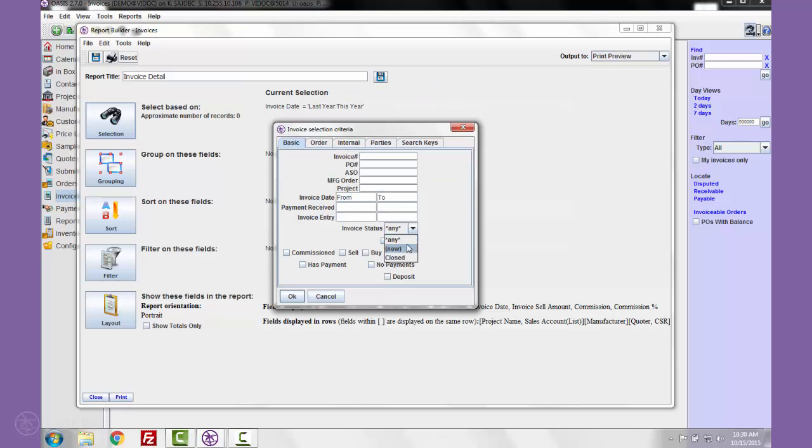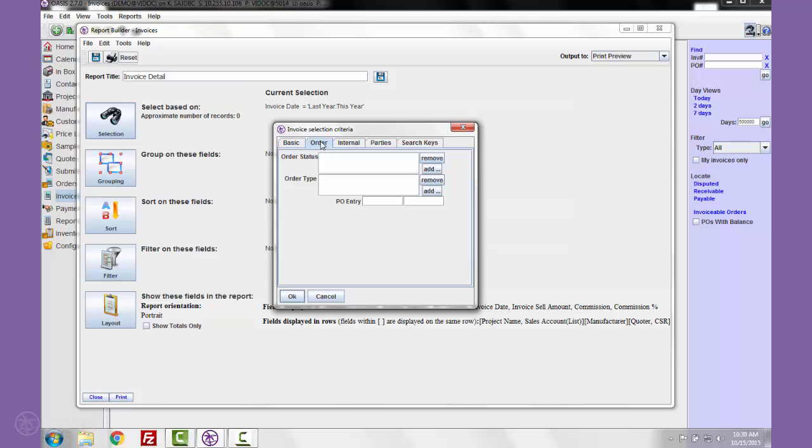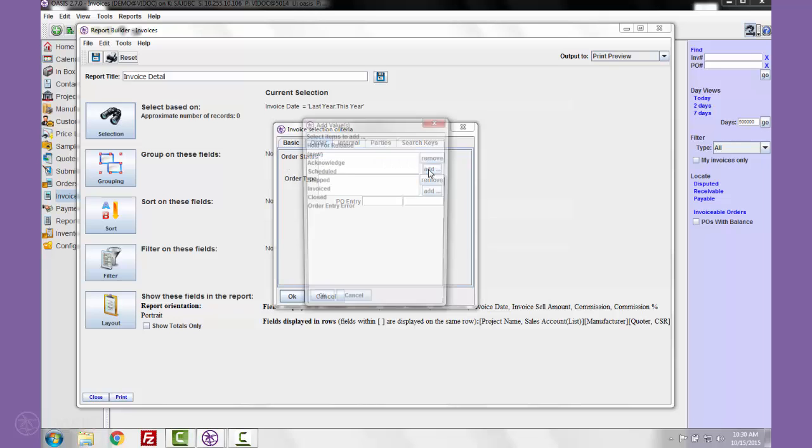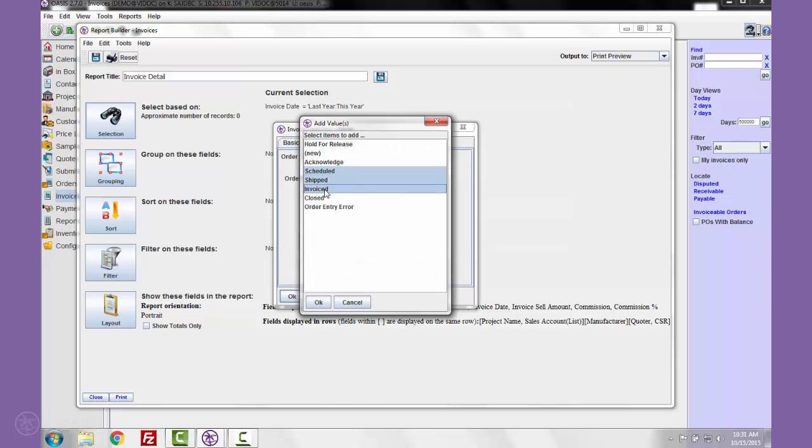You can choose any invoice status. You can choose invoices that have been disputed. You can go by commissioned invoices, sell, buy, or any combination thereof. You can pick invoices that have payments or have no payments, and if it's a deposit invoice. In addition, you can pull invoices based on the order status of the orders they're tied to. You can add any order status as well as multiple ones,